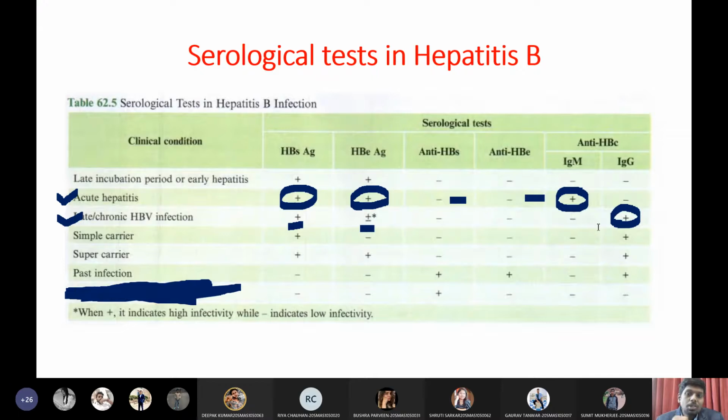Then you may ask me a question, sir, already the virus is present in the body for the past 20 years. In these past 20 years, there must be presence of surface antibodies. Surface antibodies are produced in the last. Presence of surface antibodies is safe, right? The patient has recovered from the infection. That means for the past 20 years, the patient has recovered. If the patient recovered, that indicates the patient must have surface antibodies. But why in late infection is there no surface antibodies?